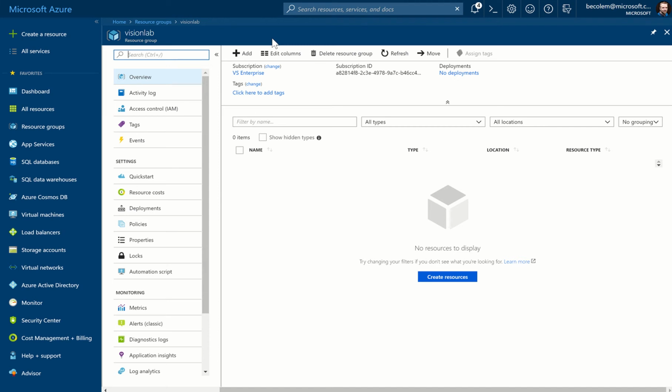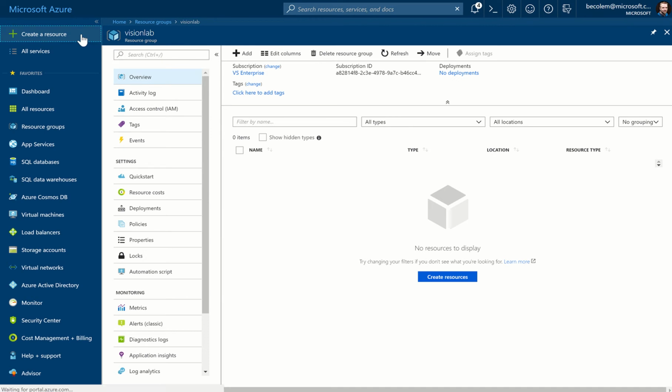So the first thing we're going to do is create ourselves a cognitive service, which we're going to use in our application to do computer vision on top of a set of images that we're going to give to it. So to do that, we can use this create resource option. We're going to be doing that quite a bit throughout this guide to create a new cloud resource up in